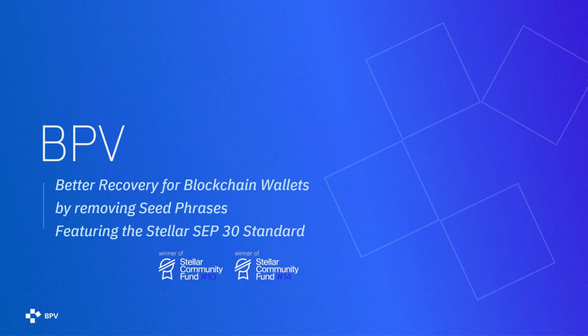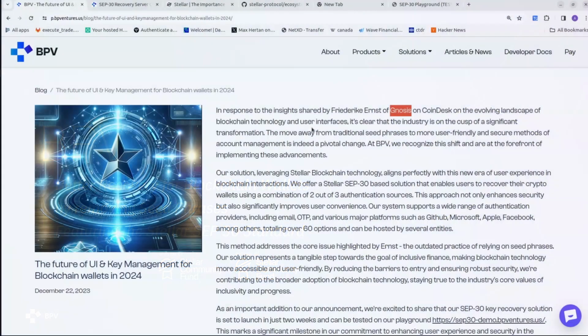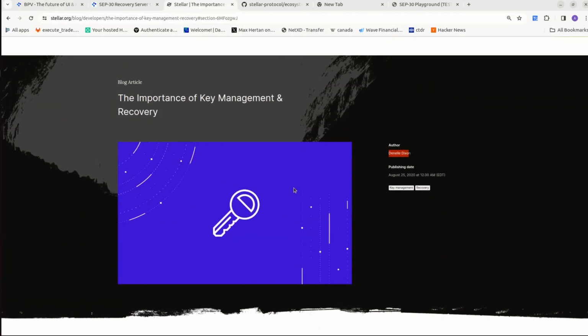Presentation on better recovery for blockchain wallets by removing seed phrases, featuring the Stellar SEP30 standard. Now, Frederick Ernst, in a CoinDesk article, argued that seed phrases should go away in the year 2024. We wholeheartedly agree, and would argue that Stellar already thought of this way back in 2020 and created this standard